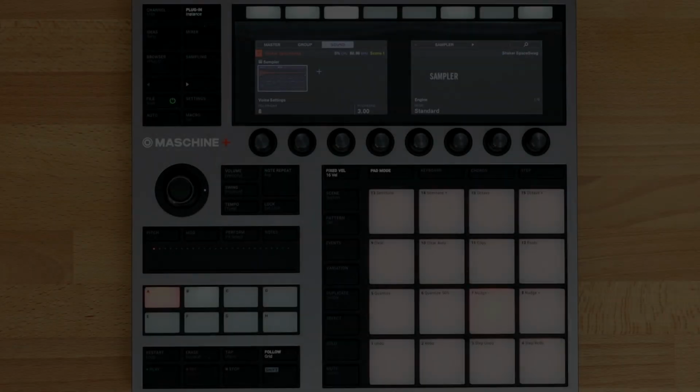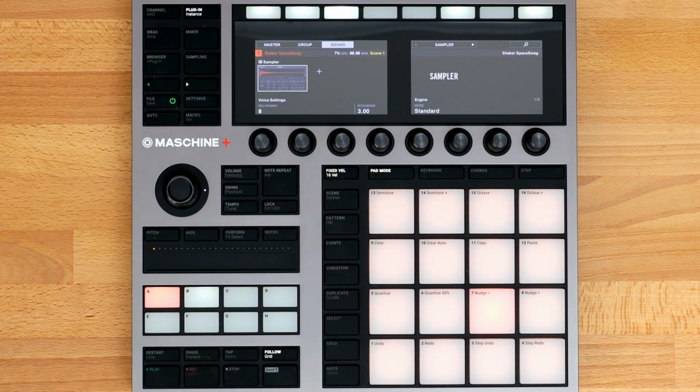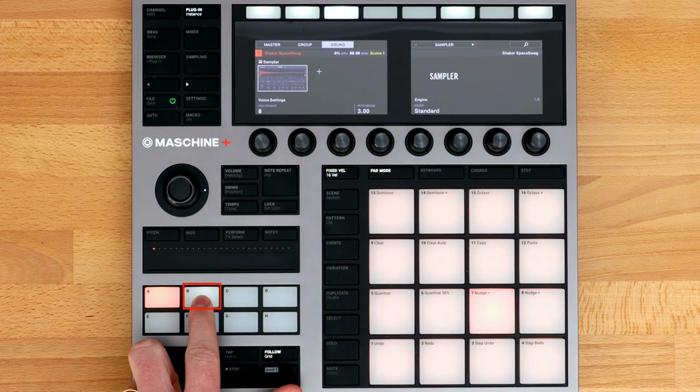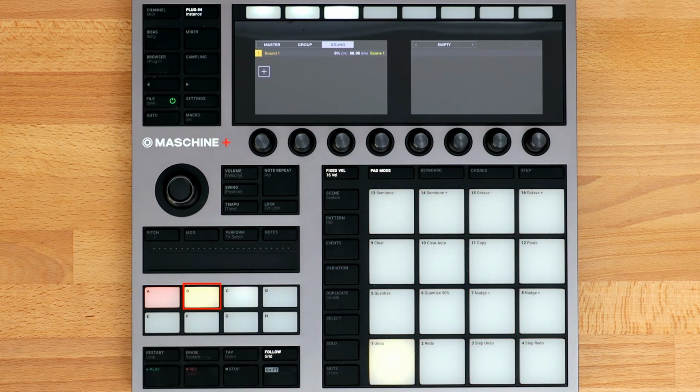Now that we have an idea for our drum beat, let's add something melodic using keyboard and chord mode. I first want to create a new group, so I'll press the Group B button, which creates a new group with 16 sound slots. Each sound slot can store a sample, but you can also load VSTs into each sound slot, essentially having 16 different VSTs all within one group, but for this example, I'm just going to add one